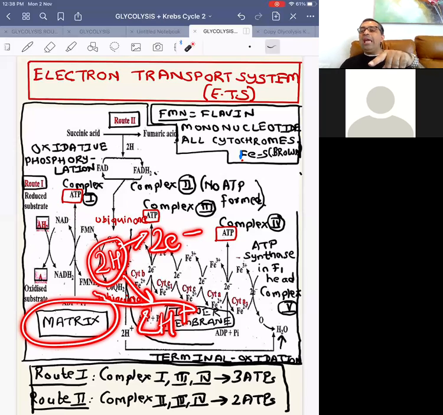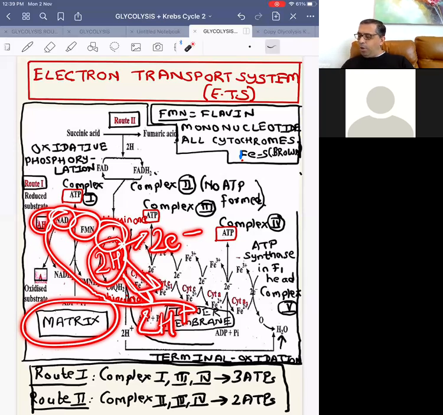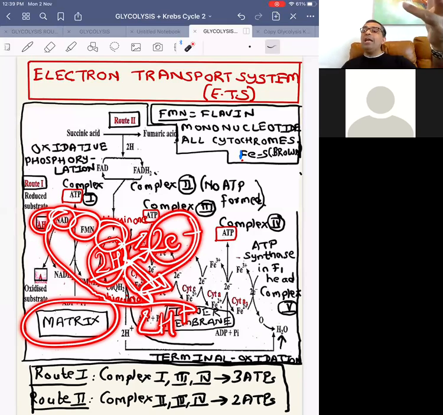So transfer of substrate to NAD, then to FMN, then to coenzyme Q, then 2 hydrogen split to form proton and electron. Where did this whole process happen? In the matrix. And note carefully, the 2 hydrogens were rich in energy, and when these two hydrogens split to form proton and electron, all the energy goes into the